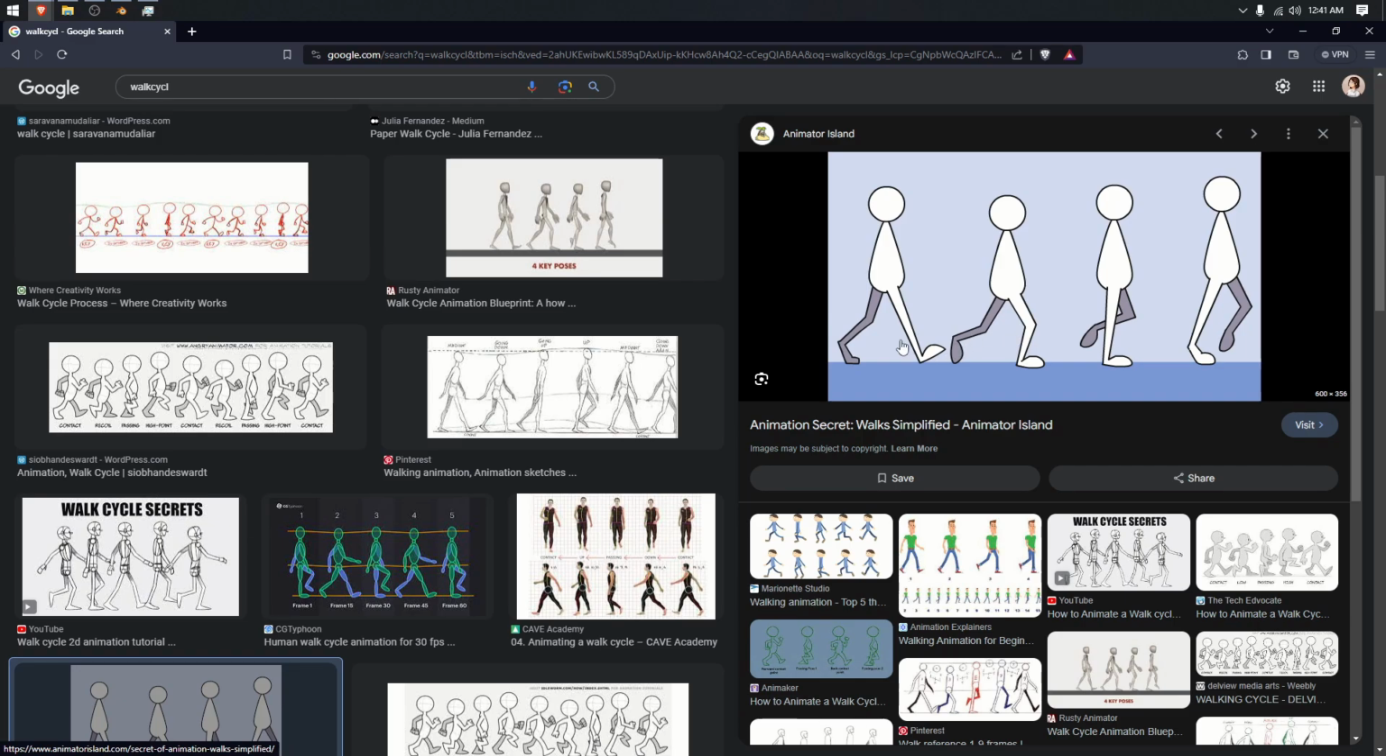As you can see, there are 4 poses. The first one is contact, where both legs are touching the floor. Then we have this one, the low point, which is the character at the lowest point. As you can see, this one is higher than this. And then we have passing, which is in the middle. And then the high point, which is the highest point of the character. Alright,